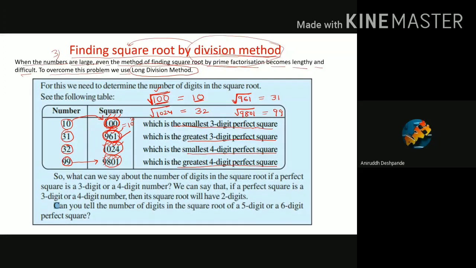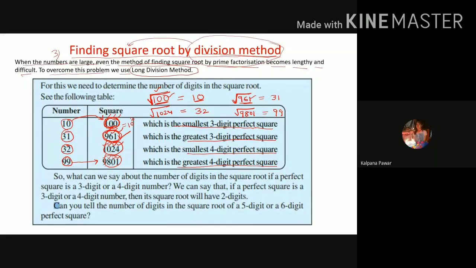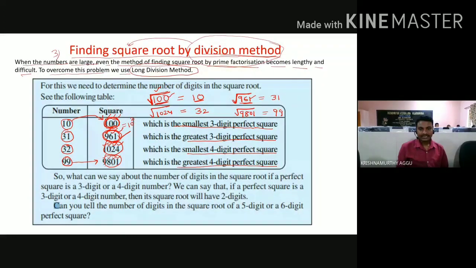3D. 3 digits. Here how many digits are there? 3 digits. Moreover, 100 and 961 are perfect squares. Yes or no? Yes, sir. So you have selected 3-digit perfect squares. By finding the square root of 3-digit perfect square numbers,